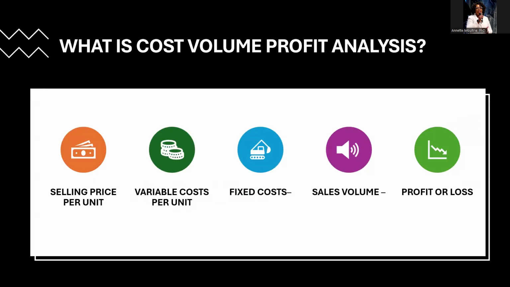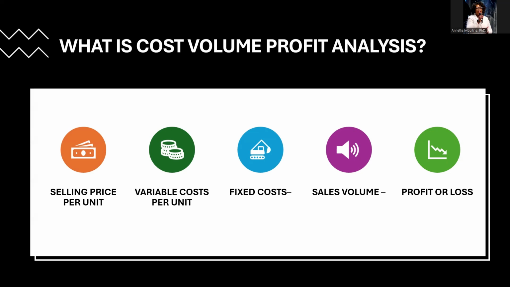So what is cost volume profit analysis? Cost volume profit analysis is a managerial accounting tool that's used to determine how changes in costs, fixed or variable, sales volume, and price affect a company's profitability. So it helps businesses understand the relationship between their costs, the number of units they sell, and their overall financial